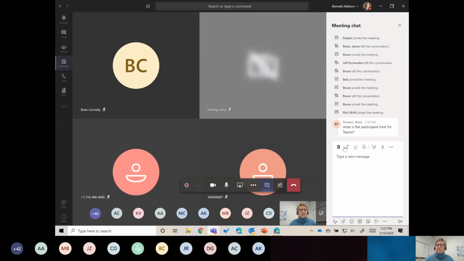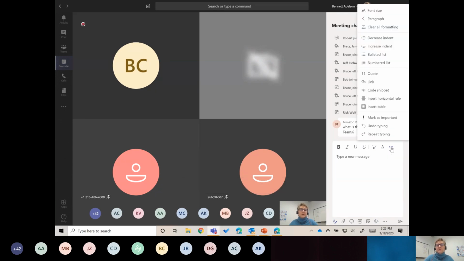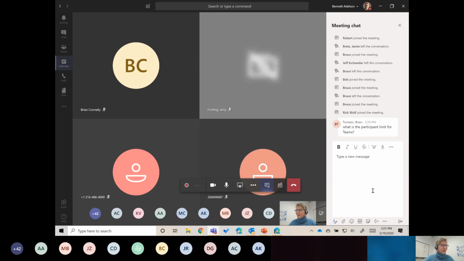If you wanted more control over the formatting of your message, you can click this format icon. And this is my first chance to point out the more options ellipse. We'll be clicking on this a lot during the course of the session today. I just can't stress this enough, wherever you see the more options ellipse in Teams, go ahead and click it. It doesn't do anything except pop up a menu, and there are a lot of Easter eggs hidden in these menus, a lot of cool things that you might want to get familiar with. So don't hesitate to do that.